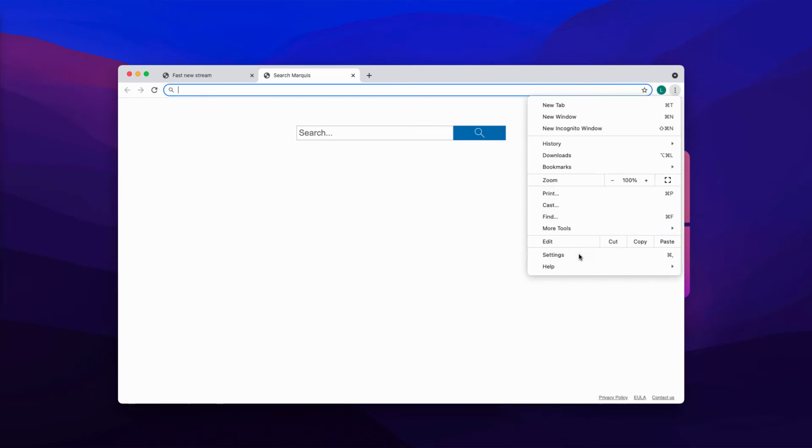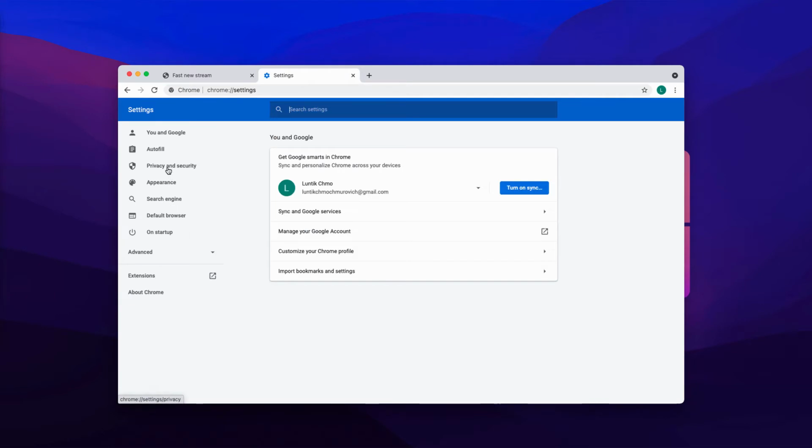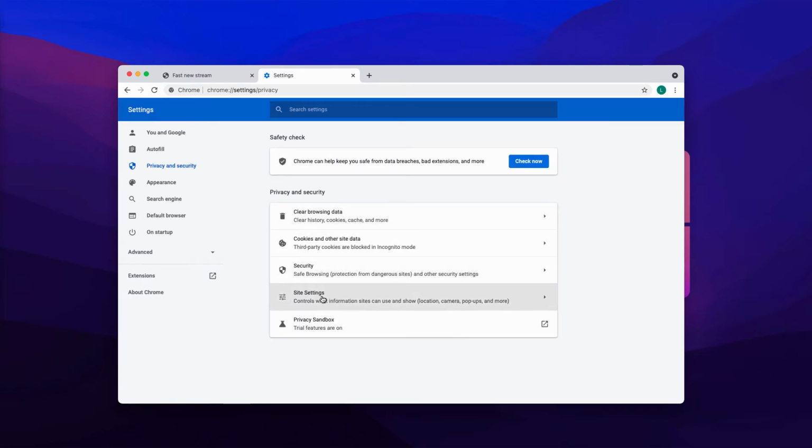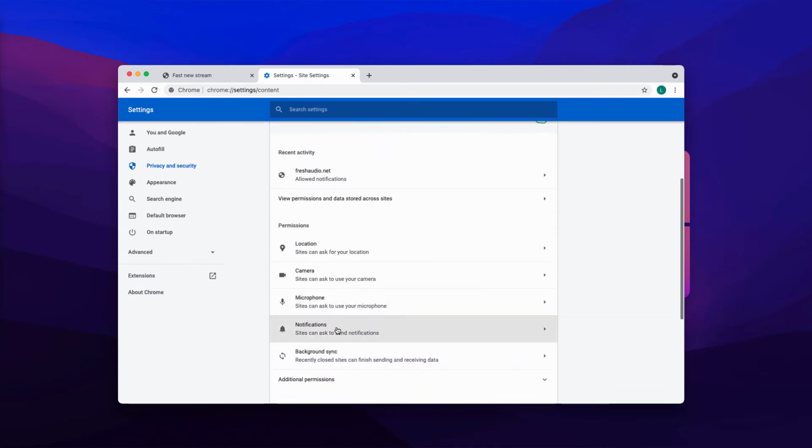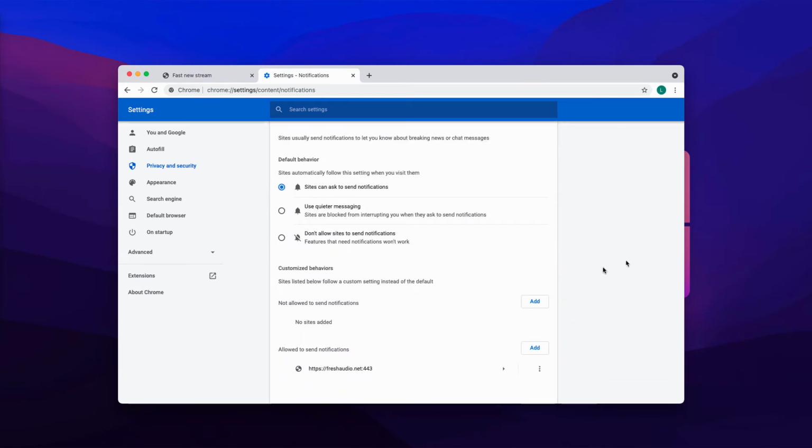the menu, settings, choose privacy and security, then site settings, and in permissions select notifications. Pay attention to the list of the sites that are allowed to send notifications. Once you find this freshaudio.net or other malicious websites, click on the related button and remove these sites from the